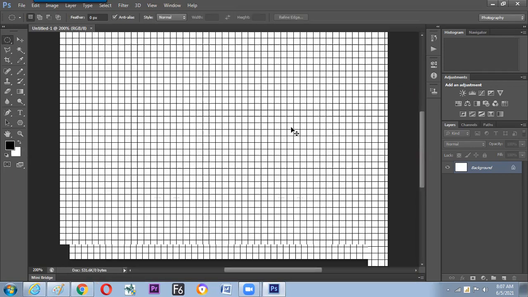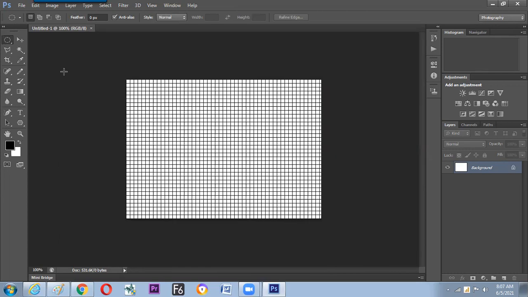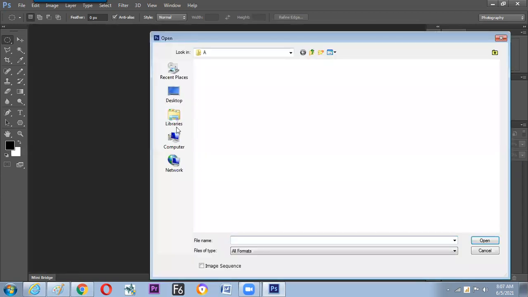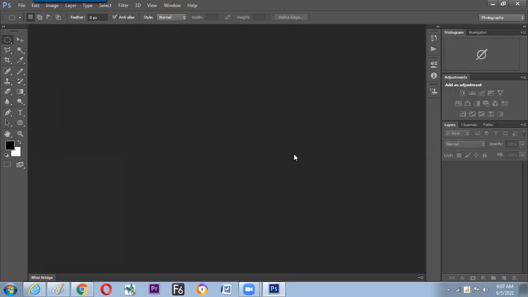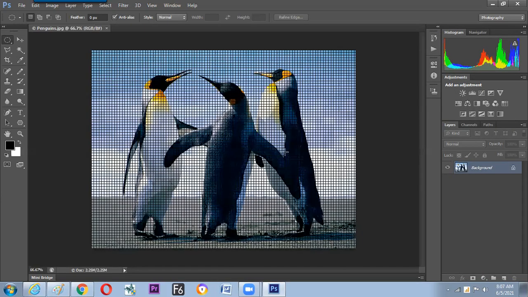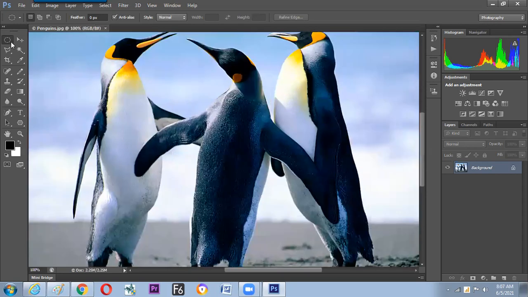Next. So till this point, we have understood how to work with basic tools and make the design. But whenever it comes to photo cutting, the basics cannot help us to make the photo cutting. Let us take an example. We want to cut off this penguin. Then it is very difficult to make a selection through the rectangle and ellipse. So to get rid of this problem, we have the next tool that is called lasso.